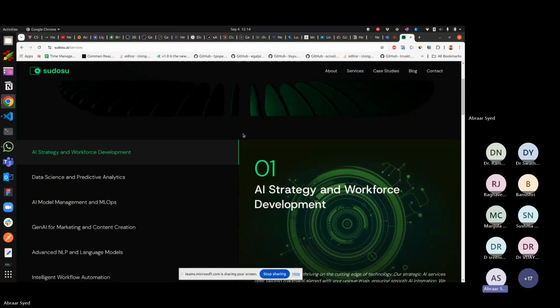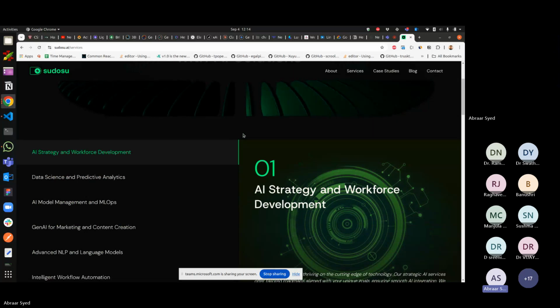So one of the things that we do as part of services is come up with an AI strategy for companies, wherein we help them decide whether even building a model on your own is a good decision or not, and why it is not a good decision. And we back this up with actual data. So this is the first step.